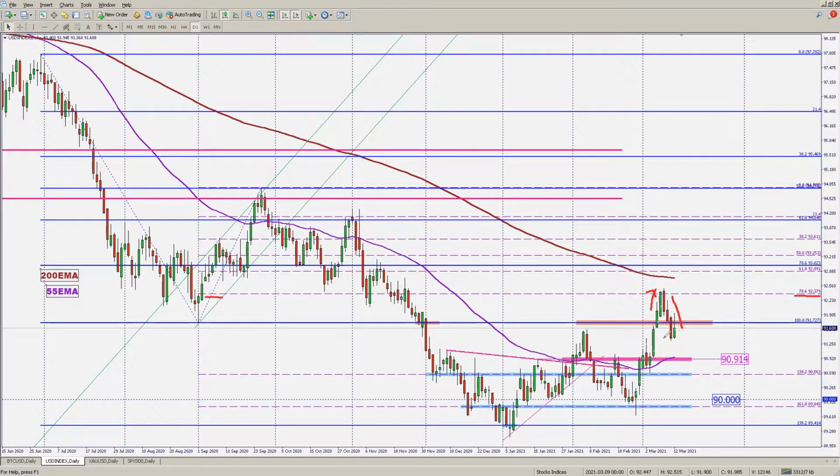But it managed to pick up on the Friday, as the bond yields picked up on Friday, and this created some demand for the US dollar here. So we'll see if that continues for next week and whether it's able to get the momentum to test the 200 EMA. The key resistance is going to be in this area here.